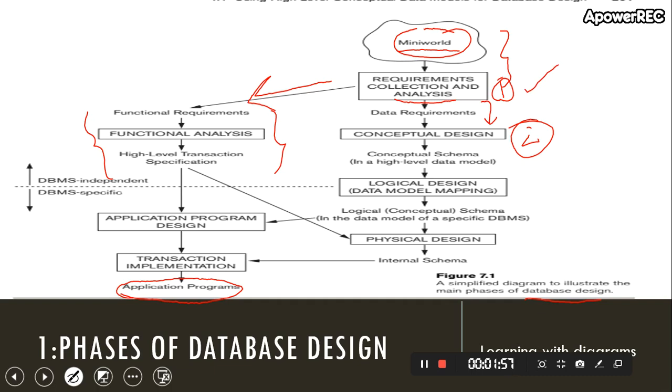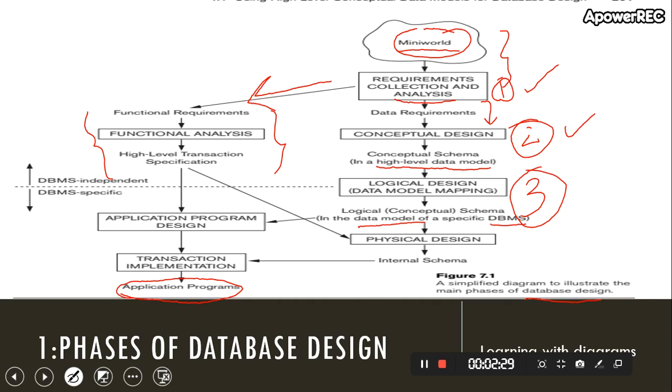So basically at this point we design our conceptual schema using some high level data model, which is our ER diagram. Now next we come to the logical designing. In logical designing, we implement our conceptual schema that we created at phase 2 into the implemented form, that is using a specific data model of a DBMS, such as the relational or object relational database model.